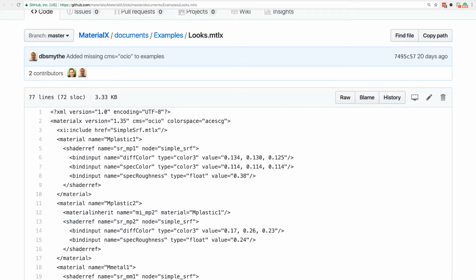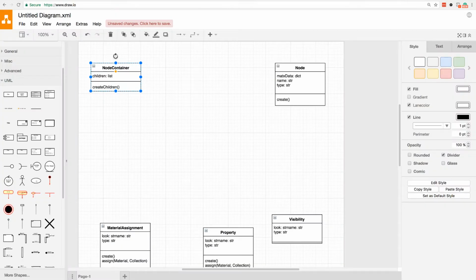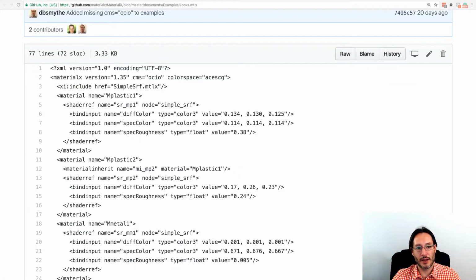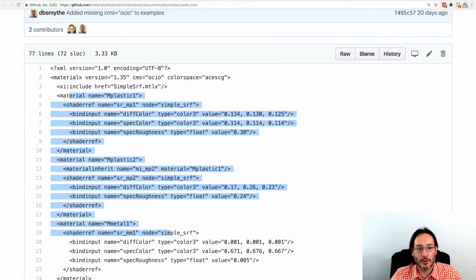But remember, what we're trying to build here, we're not trying to build the classes to just recreate the MaterialX specification. We're not trying to create a class to build this or to write this out, because the MaterialX people, the guys that created that, they already did this. So we don't have to do it. What we're really trying to do is take this and bring it into Blender for doing something.